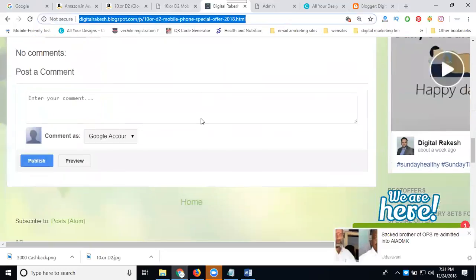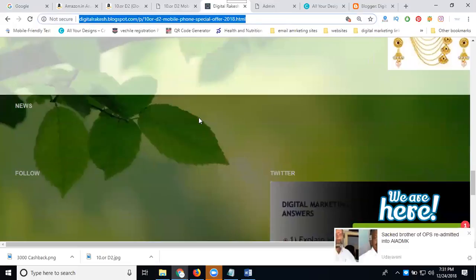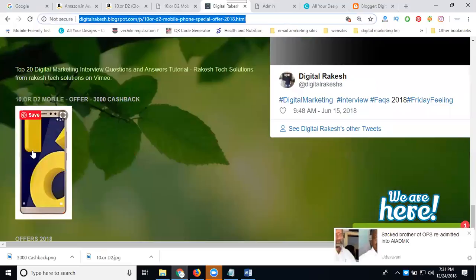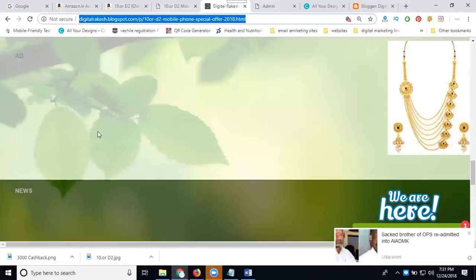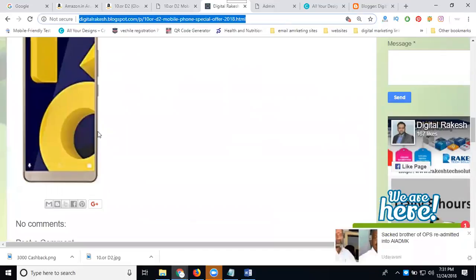Next, the product will be given where? On your footer option also. What's called 3000 cashback. When you click here, where are they going? To the Amazon portal. So one is your desktop purpose. Second will be desktop and mobile purpose. The layout purpose is desktop. The page purpose is mobile and desktop. If anyone is looking for this mobile, simply say, I'm sending a link, they're getting 3000 cashback, you can say it through my link.